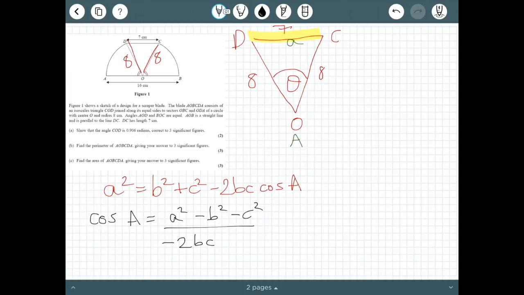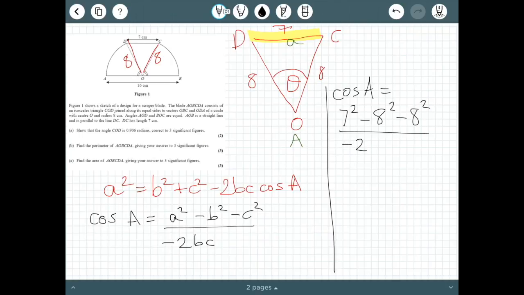If we substitute in the information that we have, cos A will be equal to 7 squared minus 8 squared minus 8 squared all over minus 2 times 8 times 8. Then you're going to end up with a solution for cos A. Finding the inverse cos of that, you should end up with angle A, or in this case COD, will be